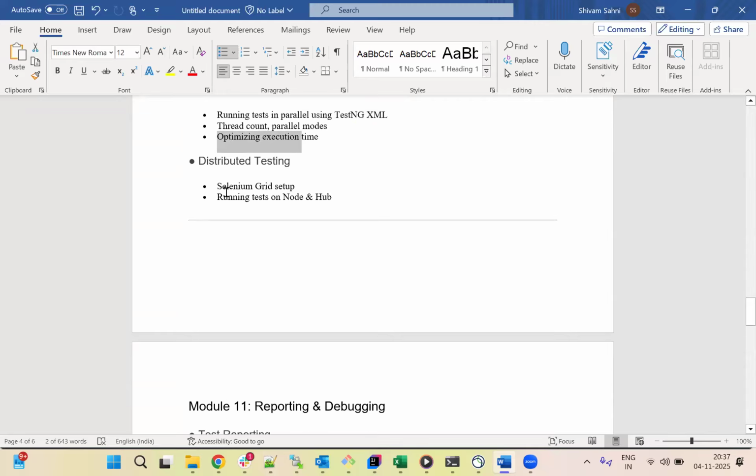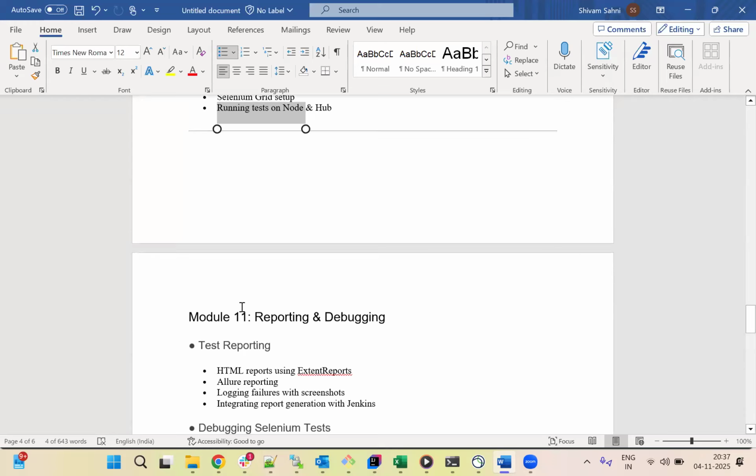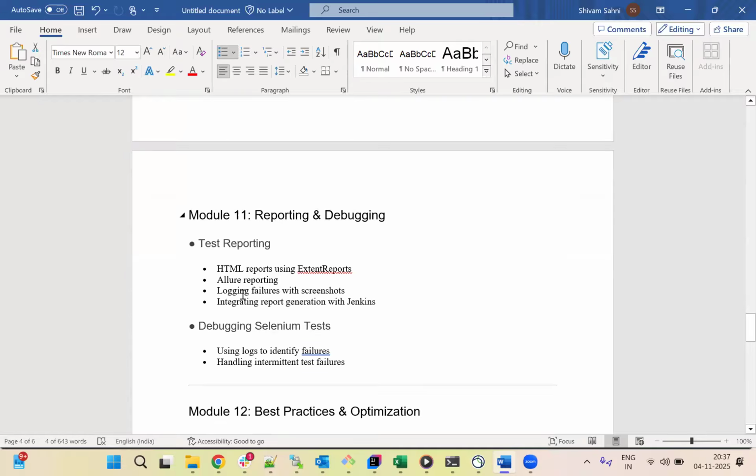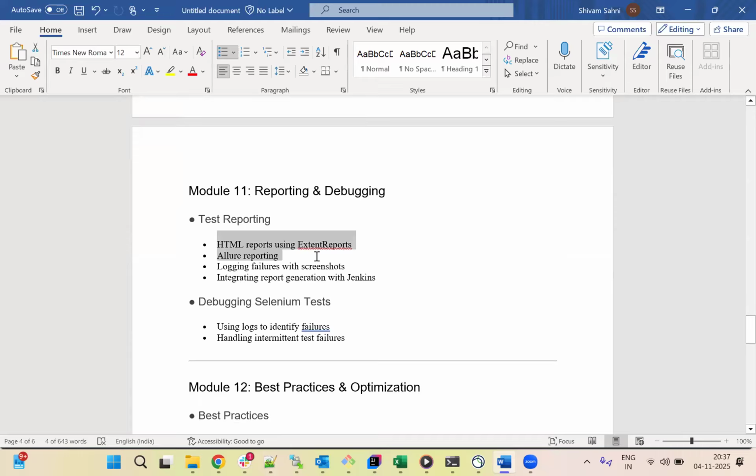And then the basics of Selenium Grid, like how we can run the tests on node and hub. If we have thousands of test cases in future, how you can distribute your test cases across multiple machines to make your execution speed better and optimize your time as well. That we will cover. And then the reporting I've already told you, we are going to use Extent Reports